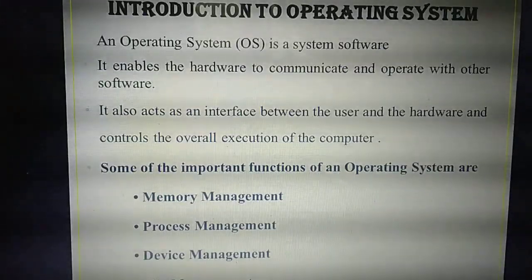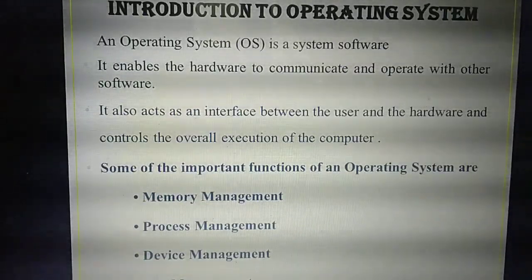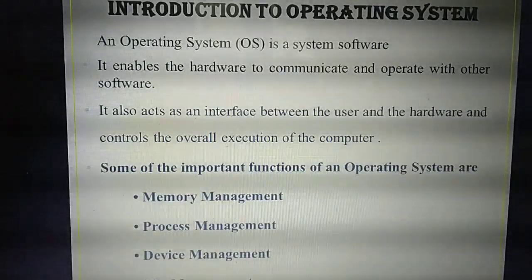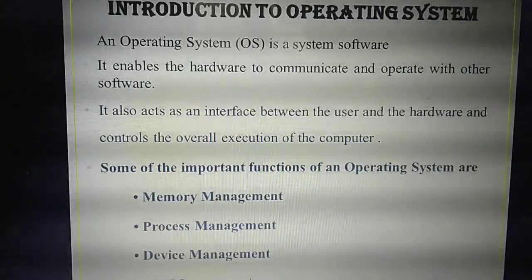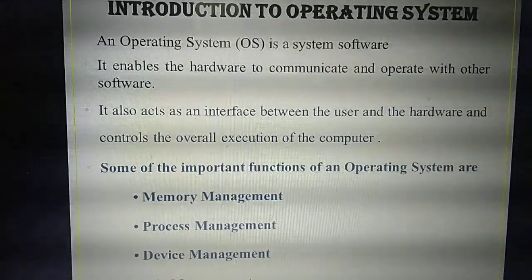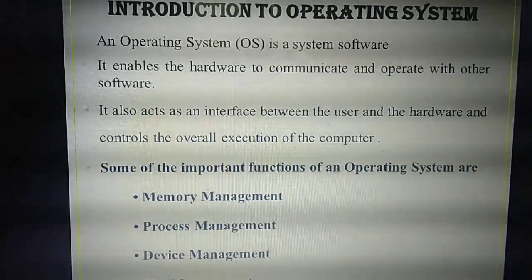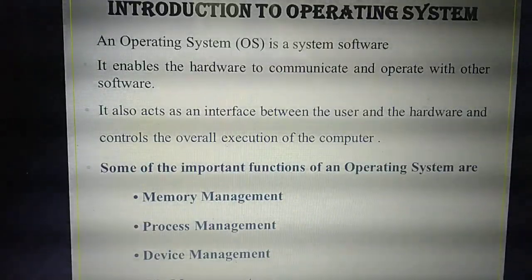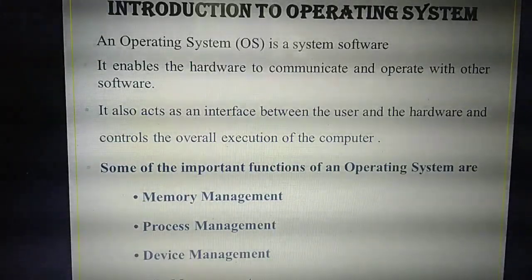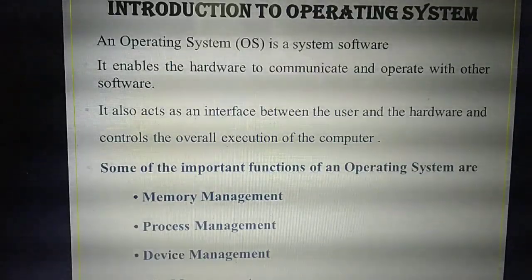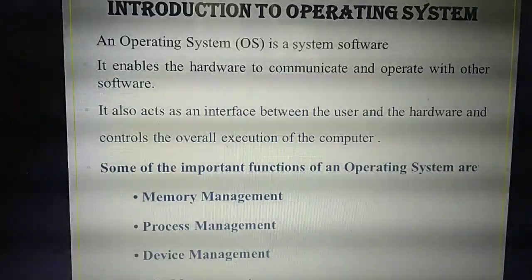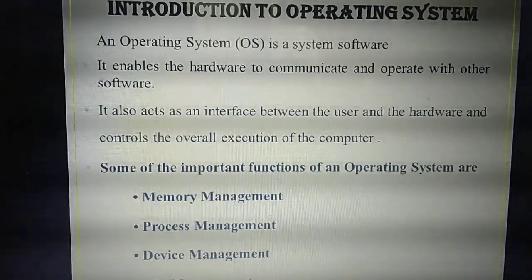Particular software or this operating system. So this operating system will control or interface between whom? User and the devices you have connected, and also it will control all the operations on the computer. So software applications it will control, then the devices you have connected, the operating system will control, then the processes running inside the CPU, that processor, it controls. So overall execution is controlled by whom? This operating system.